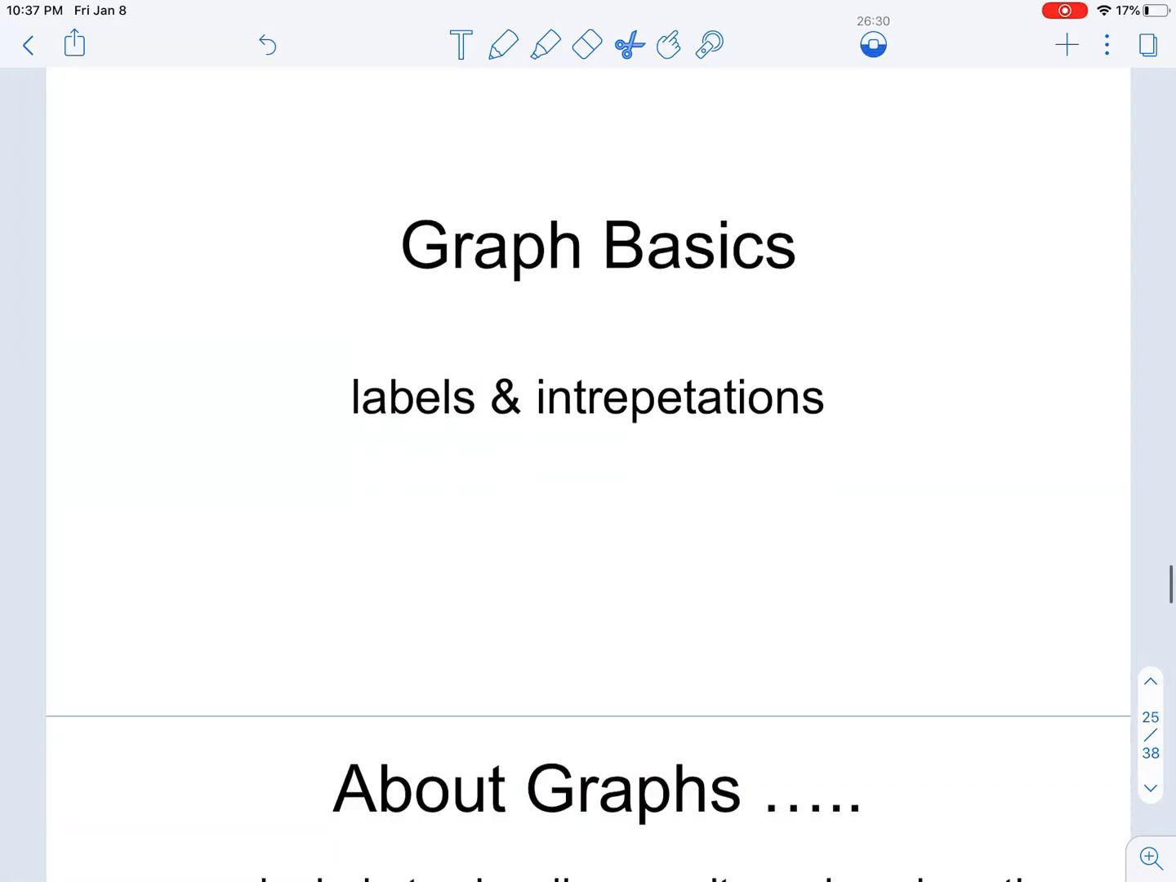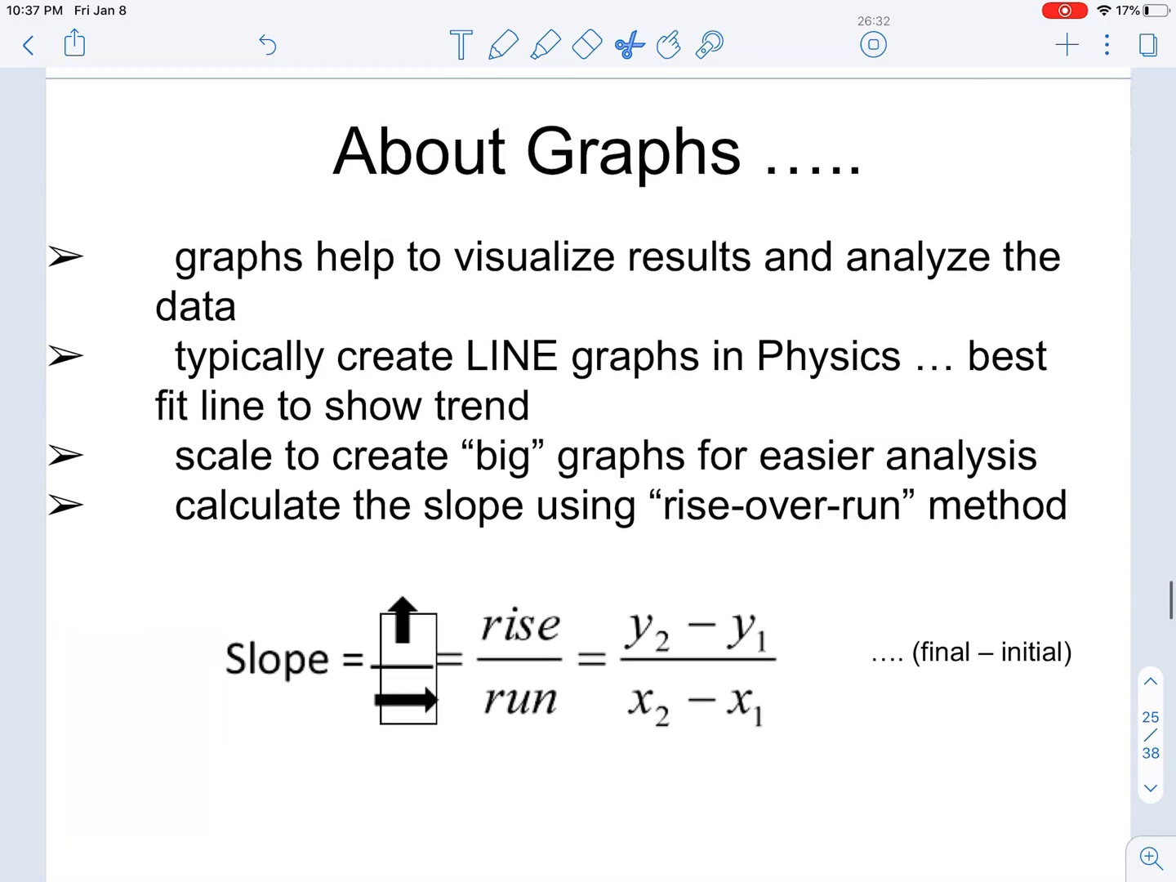All right, let's look at graphs for a moment. Graphs are visual representations of the relationship between variables. In this class, we will typically create line graphs, and these are going to show the best fit for our data that we have plotted, or maybe the trend so that we can see how a variable changes throughout our